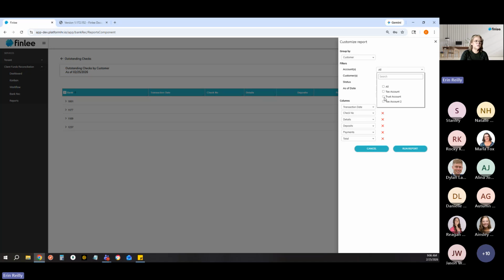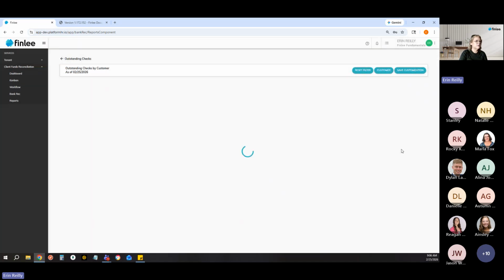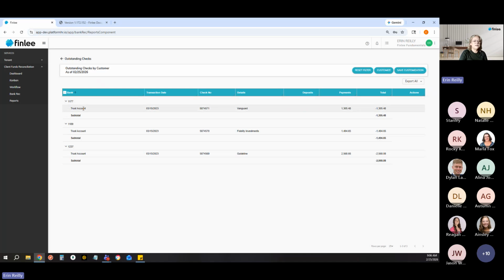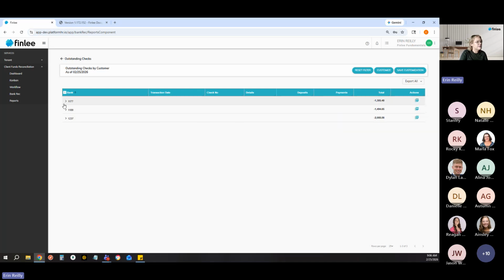So I'm going to isolate just the trust account on this example customer. And this report here is going to detail any outstanding checks as of the transaction date that is set. You'll see that on each transaction line, we do have an action of a PDF that allows you to directly download that PDF of that customer. So we'll review this report really quickly. So when I download that and then open it,